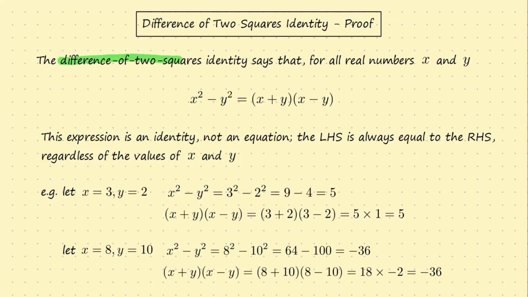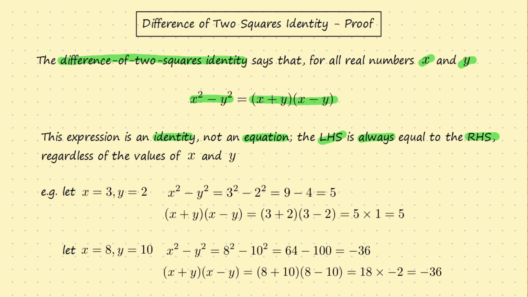The difference of two squares identity says that for all real numbers x and y, x squared minus y squared equals x plus y times x minus y. Now this expression is an identity, it's not an equation. An identity means that the left-hand side is always equal to the right-hand side, regardless of which values of x